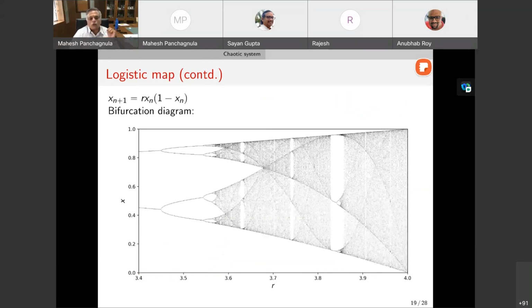So here is a zoomed in view of that same diagram in the region where you start to see the period 2. This is a period 2 bifurcation. This is a period 4, sorry. This is a period 2. Then you have a period 8. Then you start to see a little bit of the period 16. And numerically, it becomes very difficult to capture period 32, etc., etc. But they all accumulate because of the Feigenbaum constant. They accumulate into a number somewhere here, beyond which you can expect chaos.